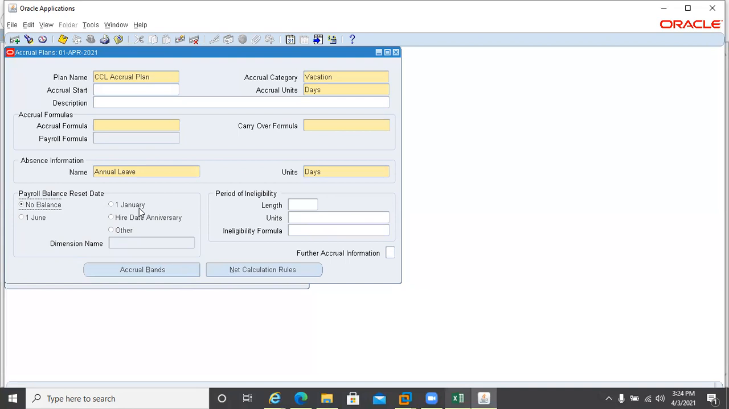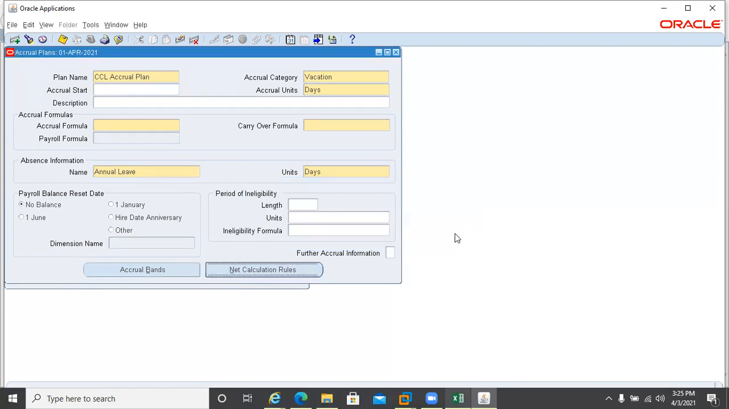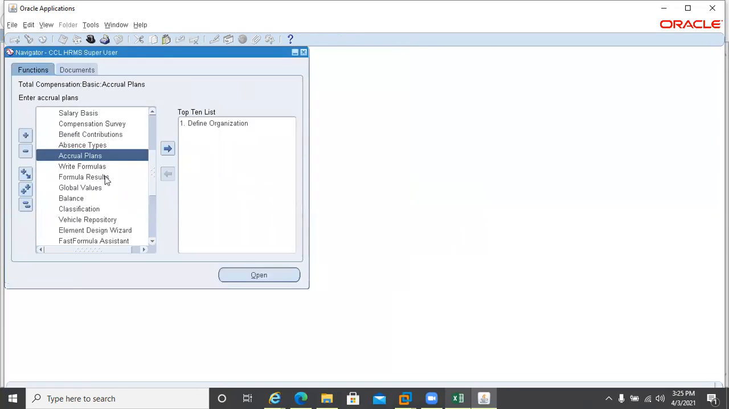In net calculation rules, it will not go there. But let me try, because once we save this, it will allow me to click on, see, to go to the next screen. So before that, going into the accrual, let us go to,